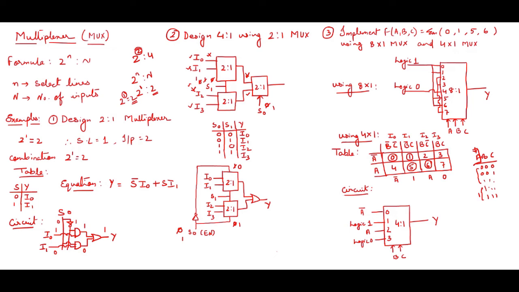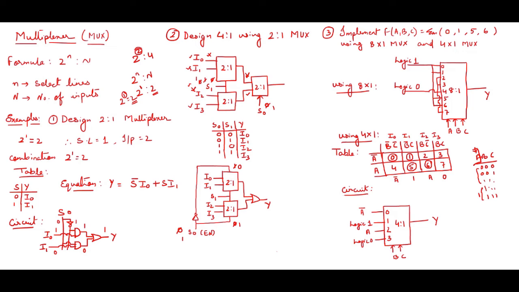You can see I have taken A over here, A bar and A, and then over here I have taken B bar C bar, B bar C, B C bar, B C. So this is nothing but 00, 01, 10, 11, and here this is 0 and 1. When I take this pattern, what will I get? I will get the 0, 0, 0, A, B, C combinations. So this box will be 0, this 0, 0, 1 will be 1, this 0, 1, 0 will be 2, accordingly 3, then 4, 5, 6, 7. So indirectly I got 4 columns.